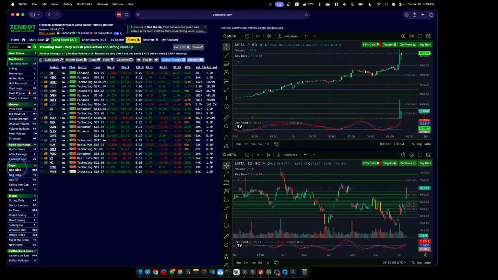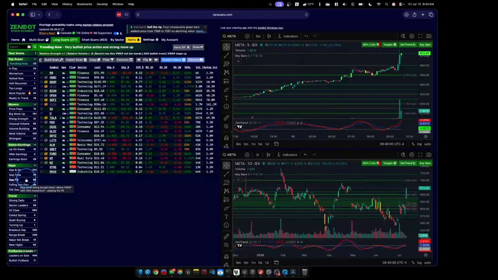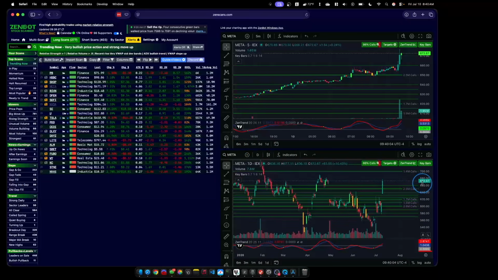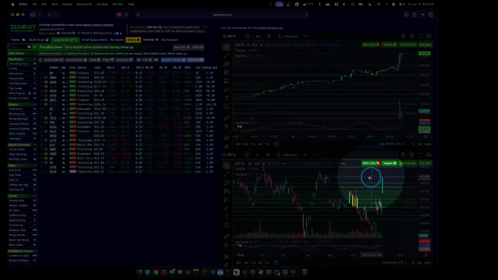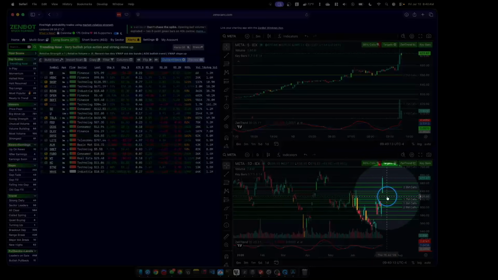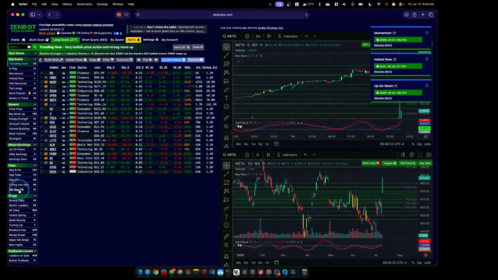Also down here, notice we have the new gap scan area. And ZenBot's kind of famous for letting you trade the gap. When a price gaps up or gaps down on the daily level, it forms a pretty cool trading opportunity. Notice down here on the Meta chart for today, the stock is trading through a gap on the daily. That price is bouncing up and filling the gap. And of course, if you look at our old gap fill scan right here, you'll see Meta